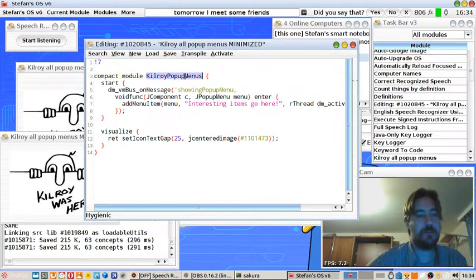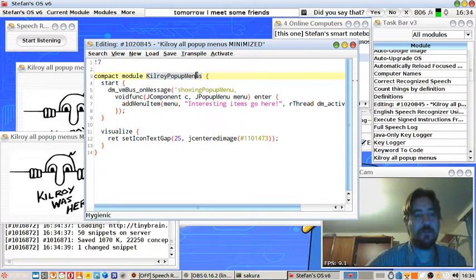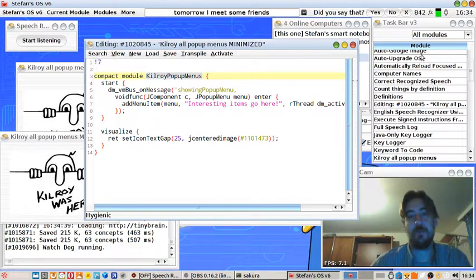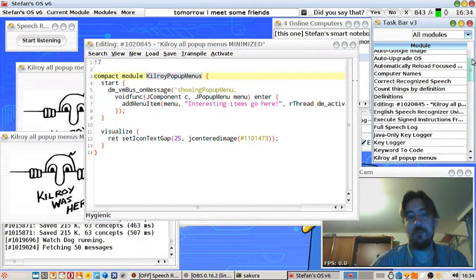Maybe one quick look here. This is just a class name. Anything goes here. It doesn't matter, but you're not supposed to change it because it's referenced later. Compact module means that it tries to share code between modules. This is pretty much automatic now. The code behind this is repetitive between the modules, and I have now like 70 modules or something.